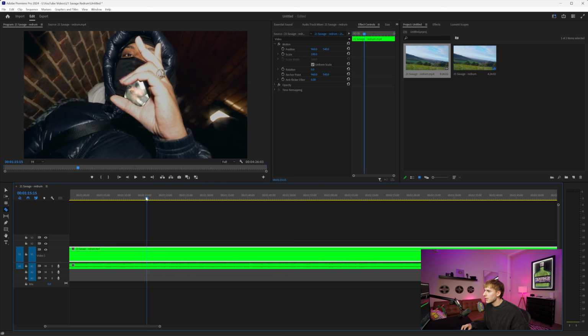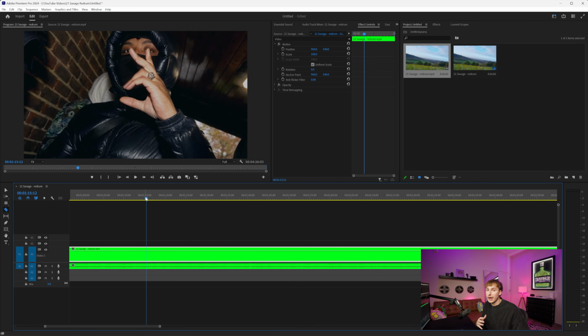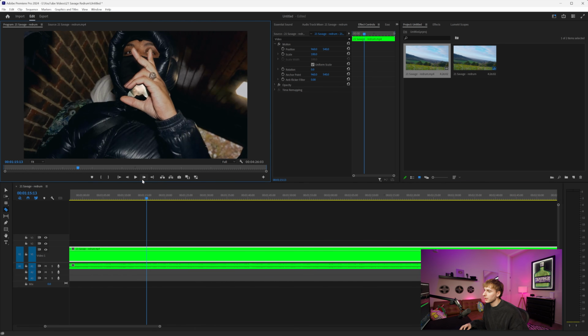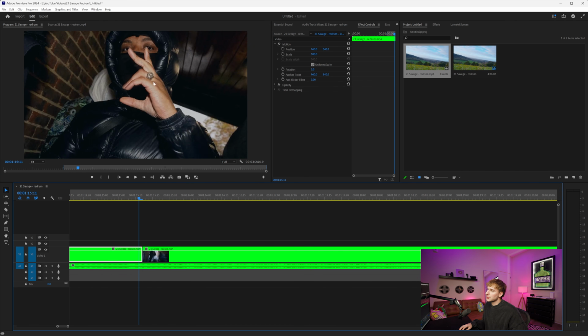So simple zoom through transitions like that can be done within literally a minute. I want to show how simple, if you make something clean, you can make it done really quickly. So what I would do to get a transition is just find something to zoom through. You can see he's kind of making a circle here with the gang sign. So what we're going to do is just zoom in to